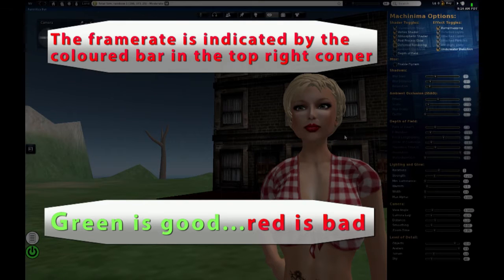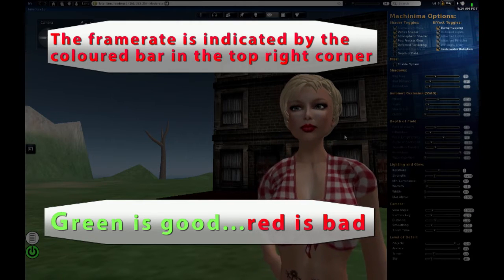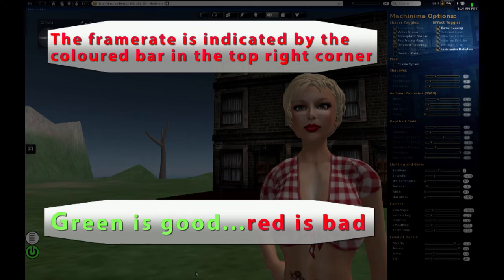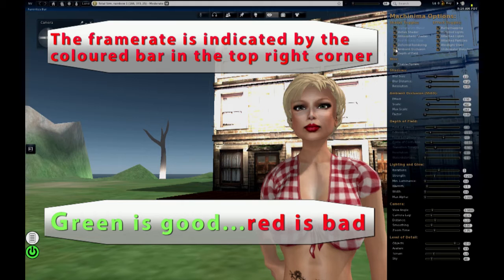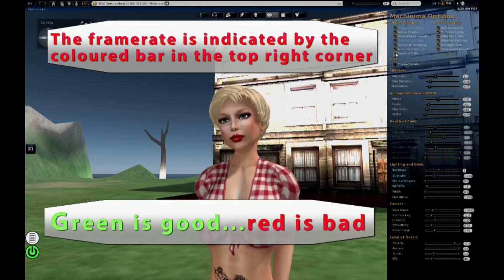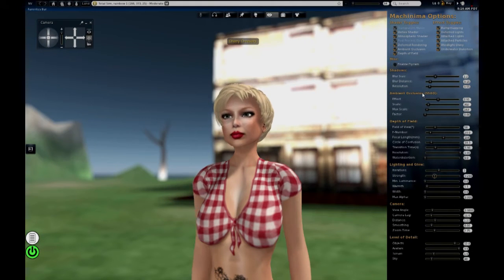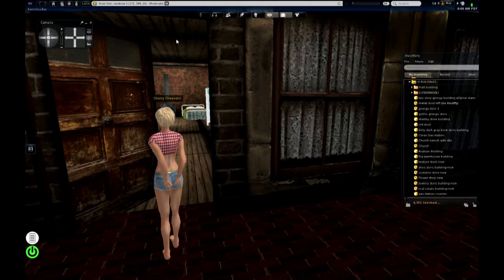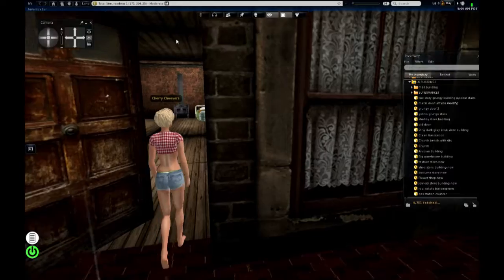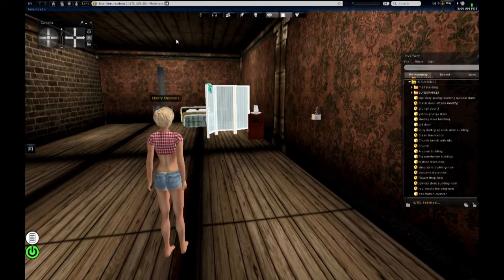And this is the bane of all machinimographers, is maintaining a high frame rate. Once you start turning on things like shadows and depth of field, your frame rate drops dramatically, as you can see here. One of the problems that I had is that even with compromising on shadows and depth of field,